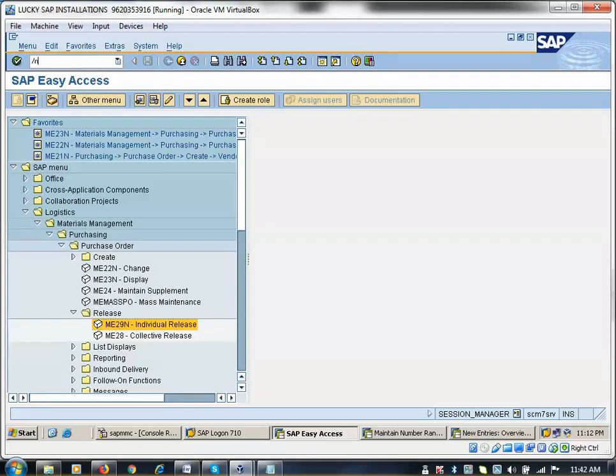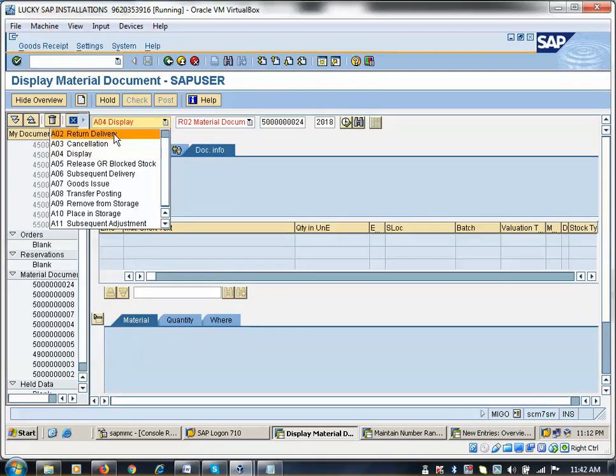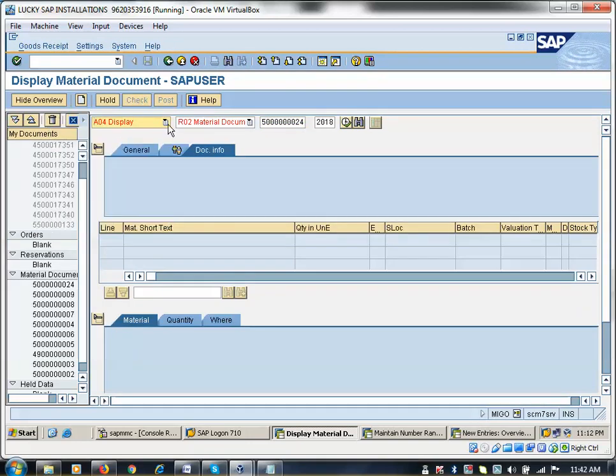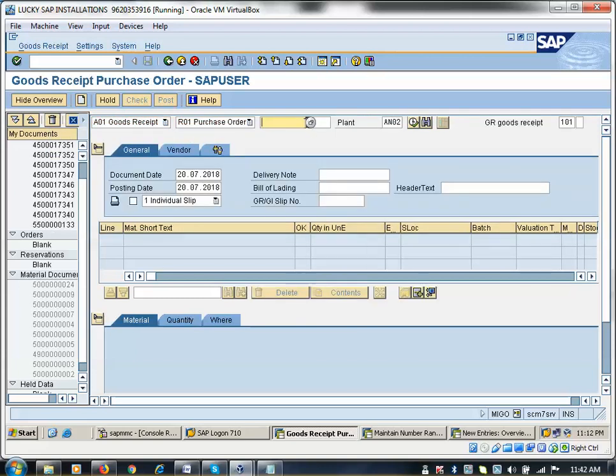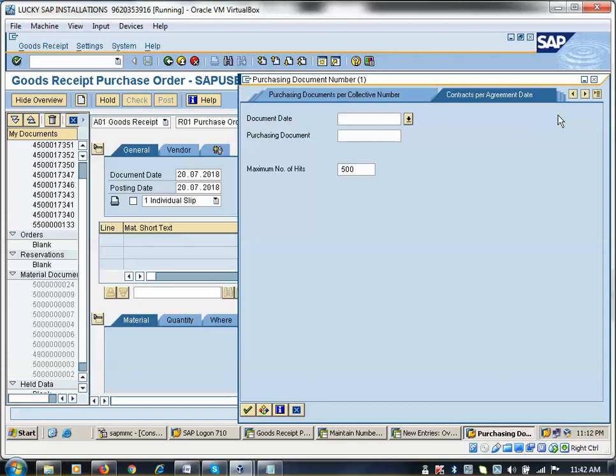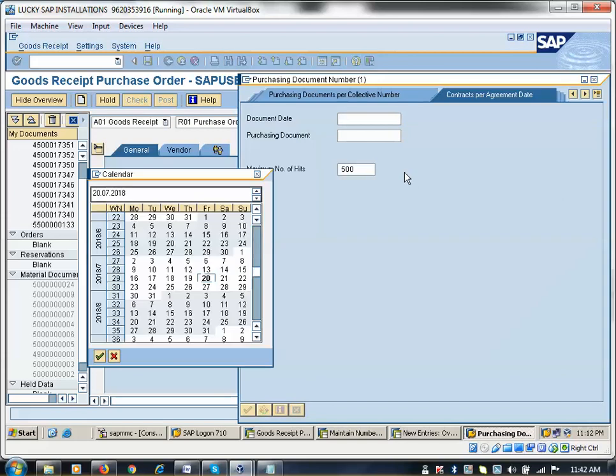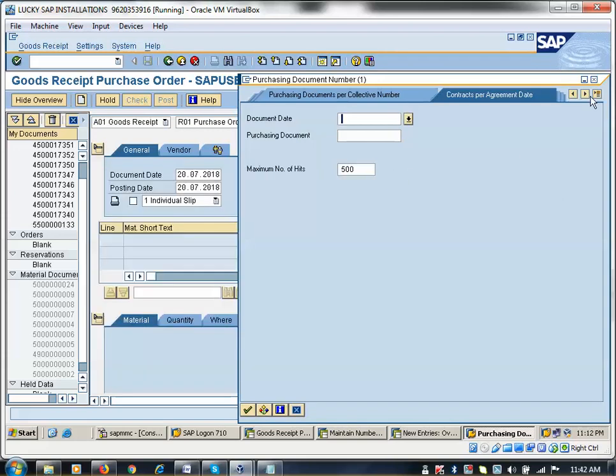So go to /n MIGO. Now select goods receipt here. Okay, so here purchase order. Then I need to select the PO; sorry, this is contract selected.